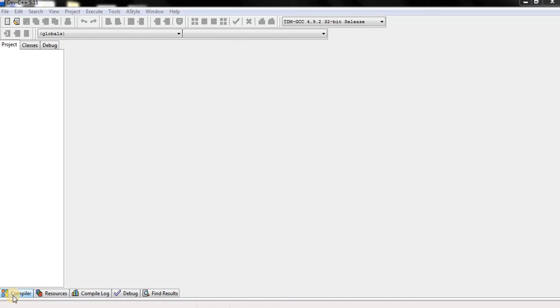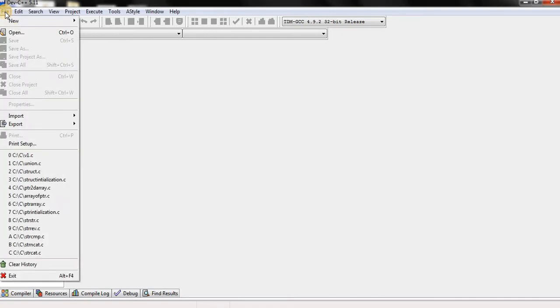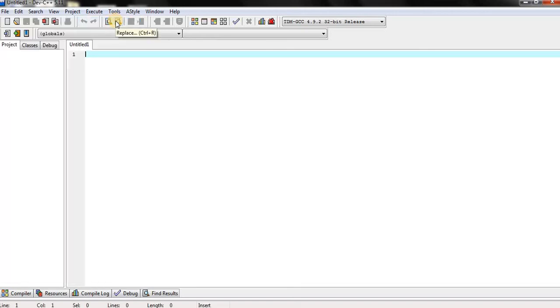Here I am using the Dev C++ software. In the Dev C++ software I am writing a C program for addition of two integers. First I click on the File menu. A drop down box will appear on the screen, and select New. Move the mouse cursor left to right. You have to see Source File, click on that source file. You have a new file to write a program.